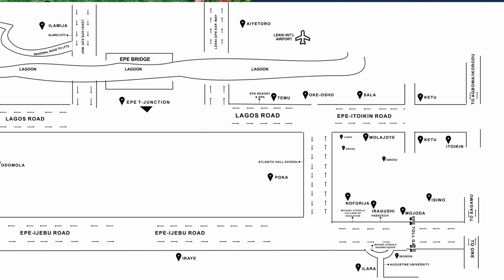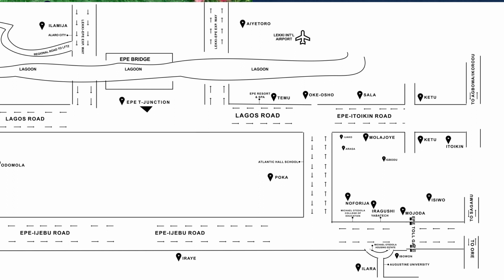Now, for a lot of people that cannot afford Isimi and that cannot afford Dukia Africa, then you can look for a property around Ketu-Epe to invest. Ketu, Sala, Molajoye, any property around this axis can also still tap into the development around Dukia or the development around Isimi Lagos. But you have to be very, very careful about Ketu. The food and logistics hub is 100 acres. There's a general hospital that the government has also acquired land for in Ketu. There is also a media and art city that the government has acquired 100 hectares for in Ketu.